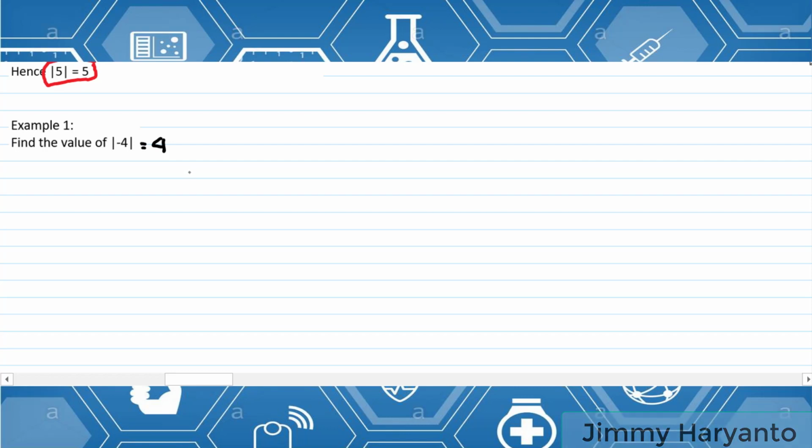But I have a trick for answering absolute value. The absolute value will always be a positive number. So if the number is negative, we can make it positive. Remember, the absolute value result will always be positive, but the number doesn't change. If the number is negative 4, then the result will be 4.